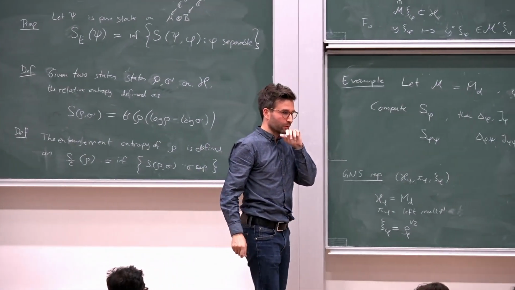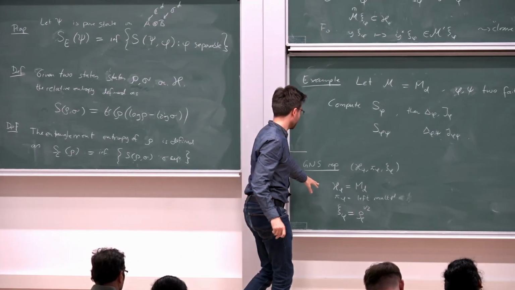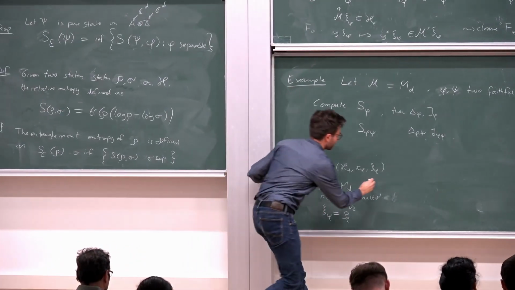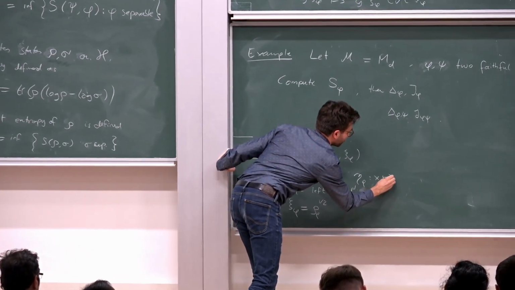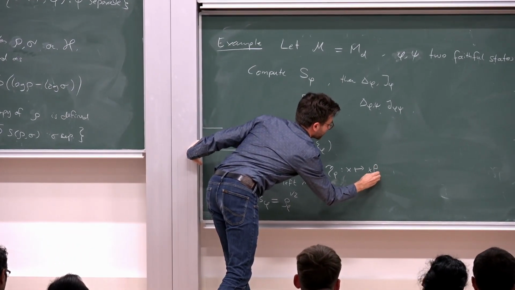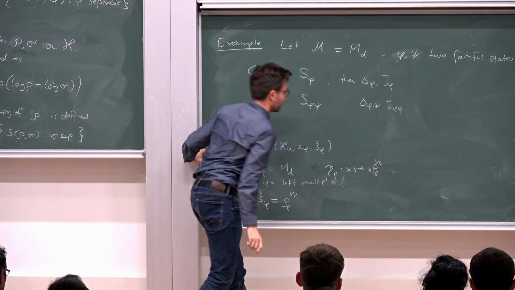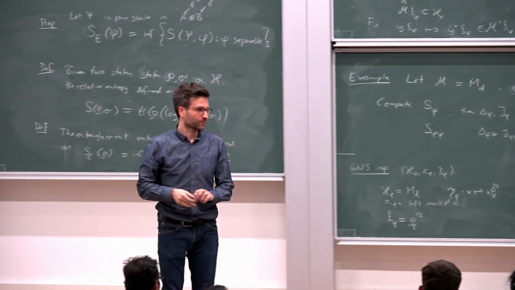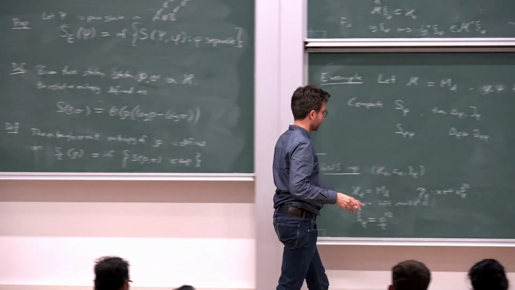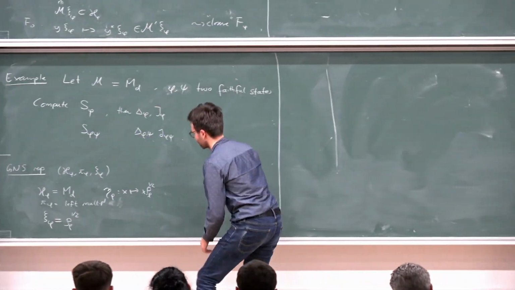Okay. Now in this version it's slightly different. So the map that we have here maps x to x times rho^{1/2}. Okay. And the inner product that we have then would be